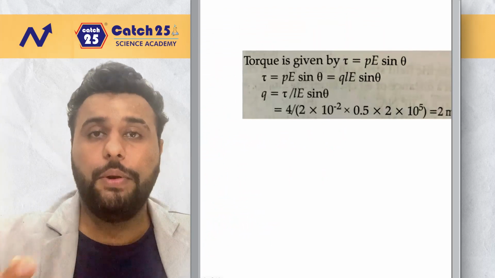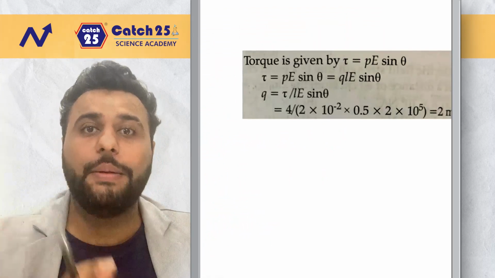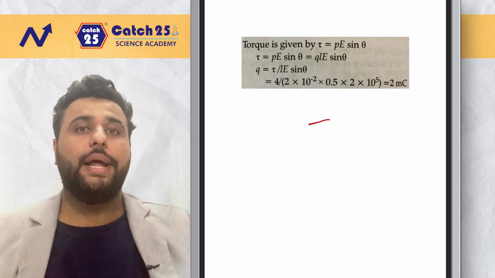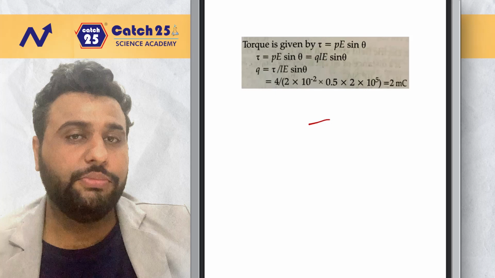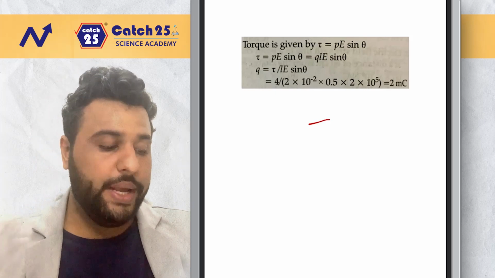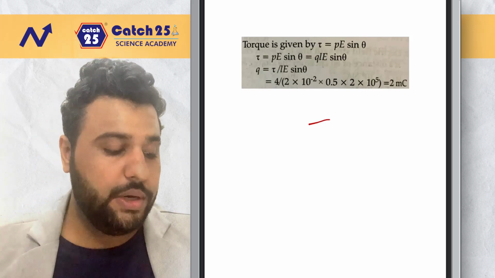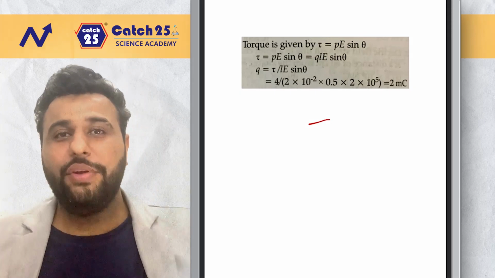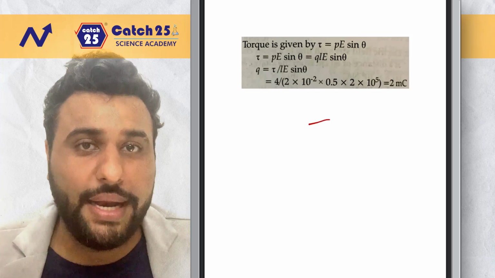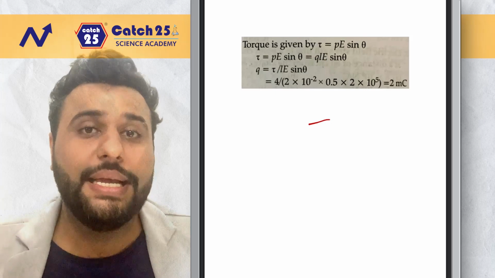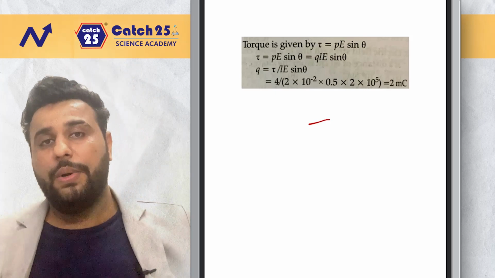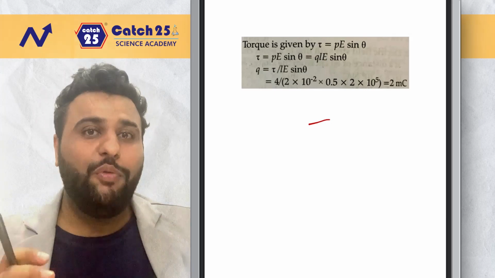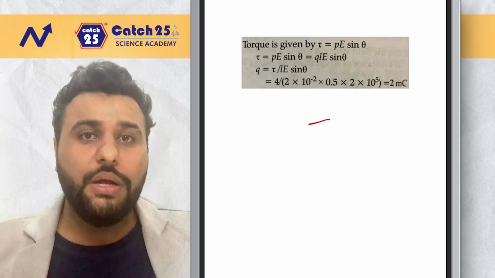Therefore, for the people who do not want to see my handwriting, they want to see the printed answer. The printed answer is in front of you. Your answer should come as 2 millicoulomb. Check, it is on your screen as well, where if you see they have written the same formula and you come down and you have to substitute the things as it is. Everything is given in SI unit except the length. Length is given as centimeter. You have to convert it into meter. Now, this is how simple the question gets, if you can get the topic, if you can get the formula.